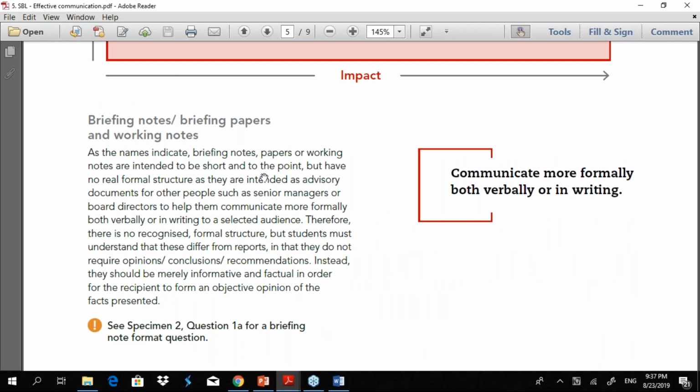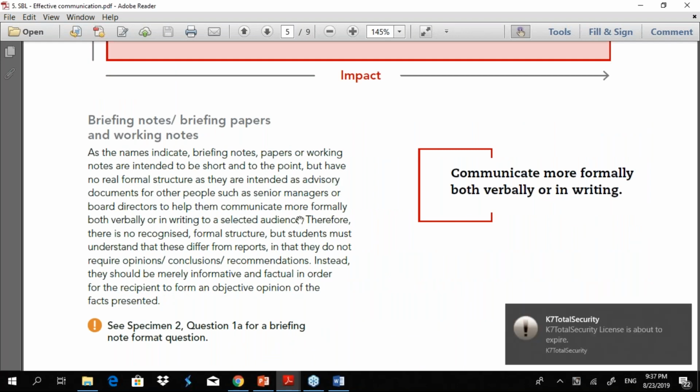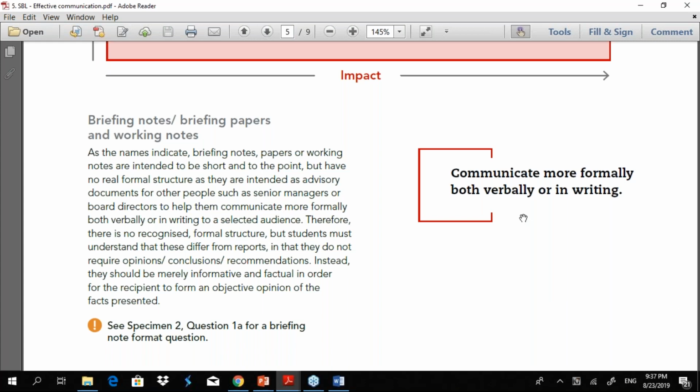Thoroughly go through this document, that is effective communication, because it is very important that you follow these formats. Because the SBL exam is all about doing what your boss says, and your boss at different instances will tell you different things and will want the answer in different formats.